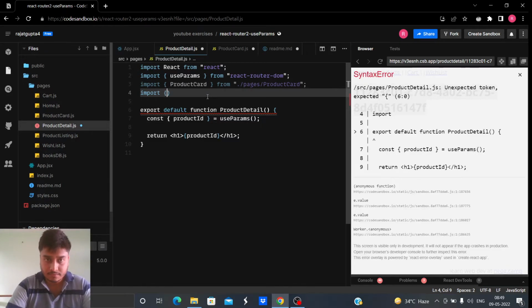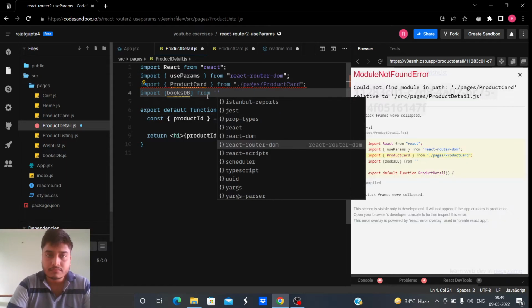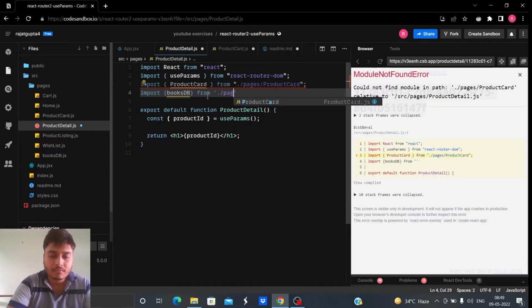Import, what was the name, booksdb from pages.